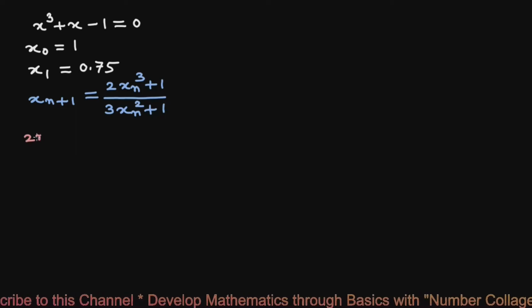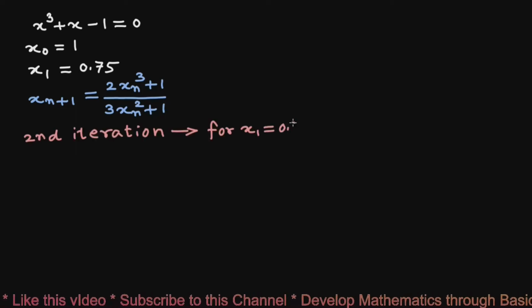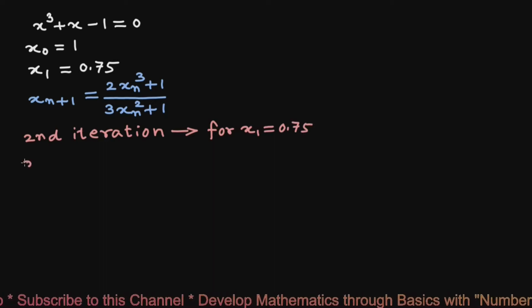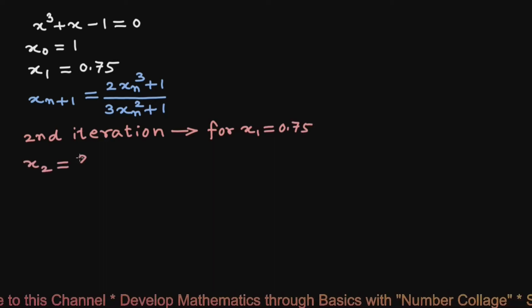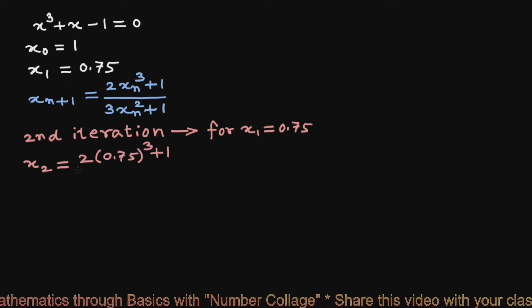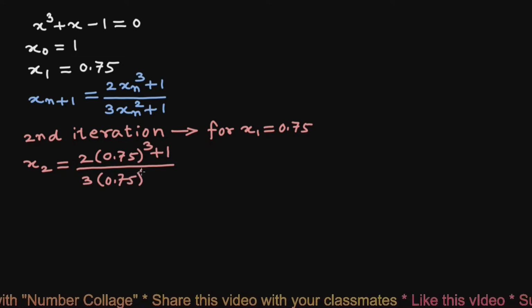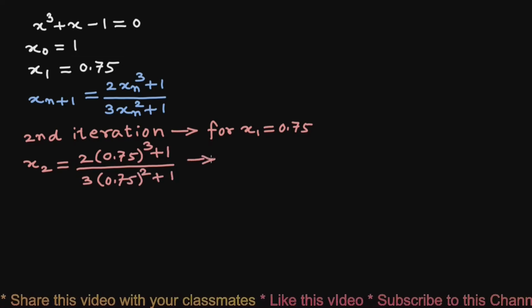In the second iteration, for x1 equals 0.75, the second approximate root x2 will be 2 into 0.75 cube plus 1 upon 3 into 0.75 square plus 1, which works out to be